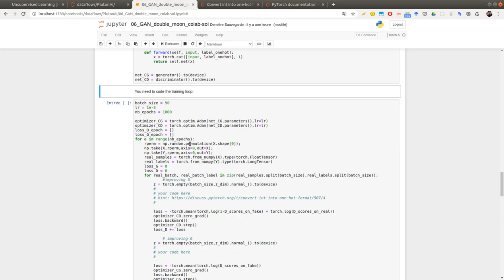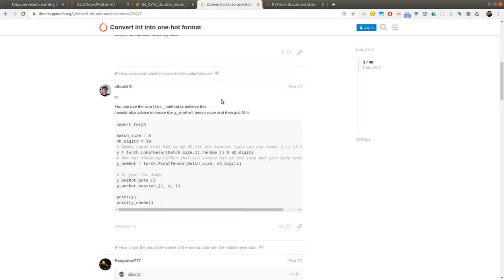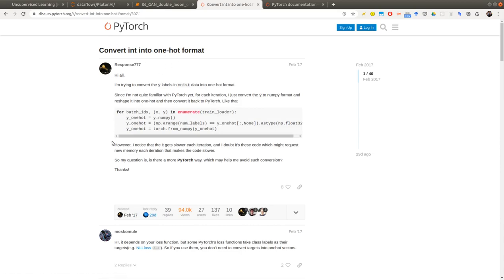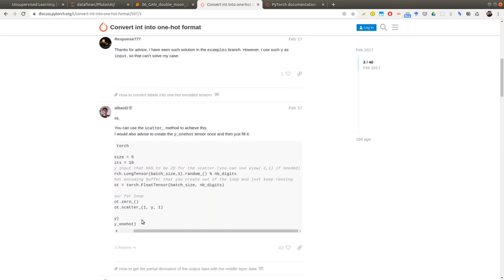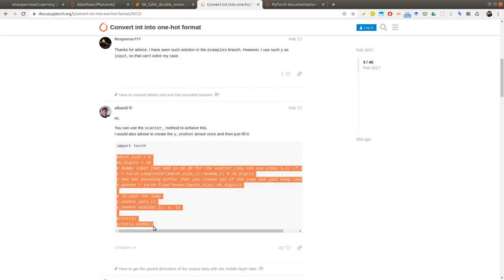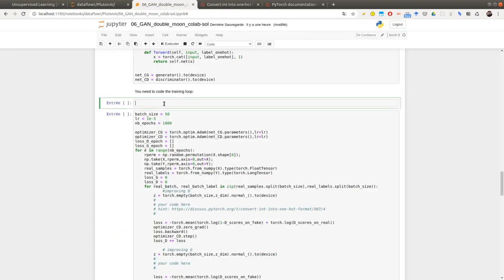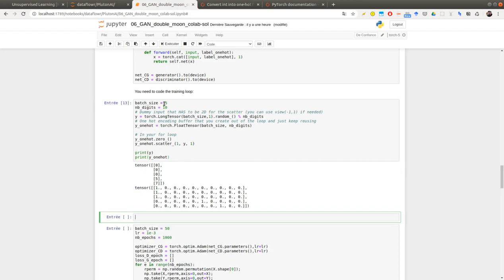Okay, so your task here was to modify the training loop, and for this I gave this hint about one-hot encoding. So this is written here. The question is how to convert int into a one-hot format. So let's see what this is doing. Okay, so it looks like it's doing exactly what we want.